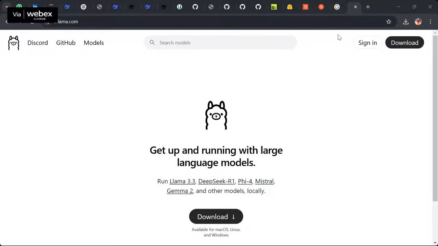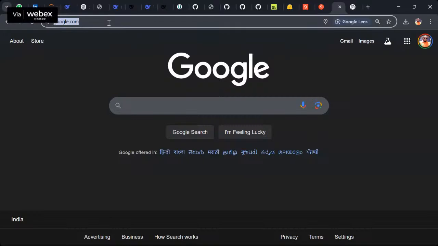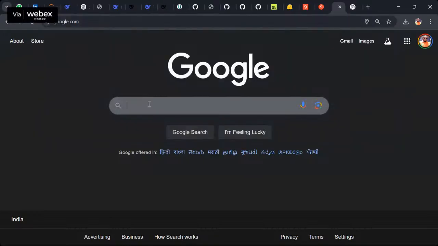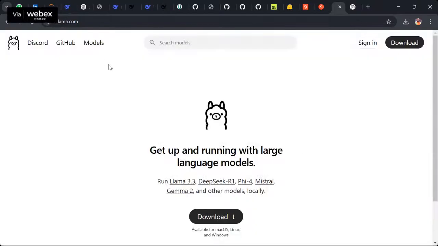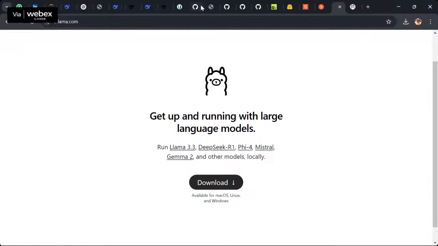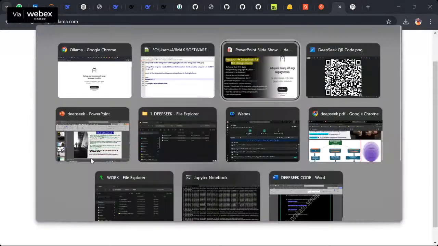Shadan, are you done? Very simple. What did I tell you to do? Just go to Google, type Ollama, and click this. That's it. If you see this, do you see DeepSeek R1, Llama 3, Mistral, Gemma 2? A lot of models you can build in your system locally. Clear this, guys? Okay, you got the clarity?